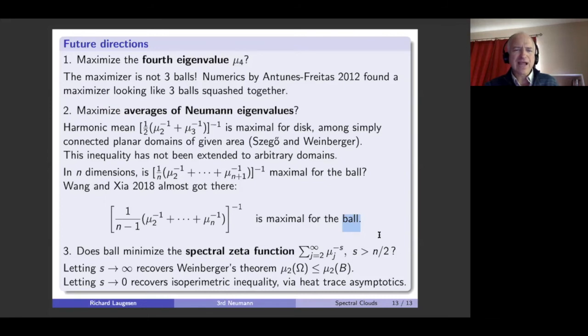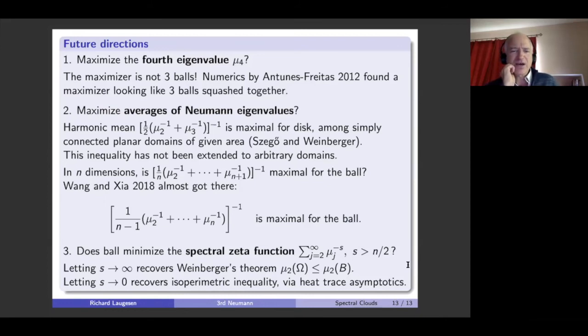So the averaging really changes. Even just taking the harmonic average here really changes what the maximizer is. It flips it from being two balls for mu3 to being a single ball for the harmonic mean. And then a last question, something that